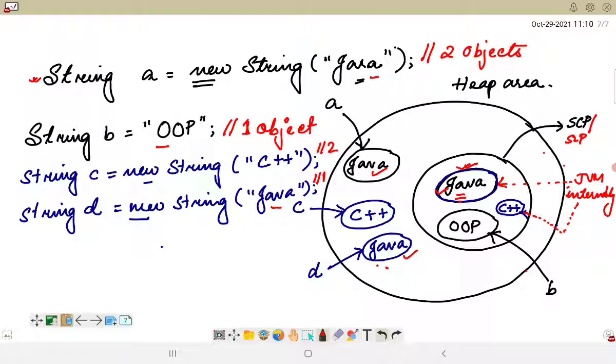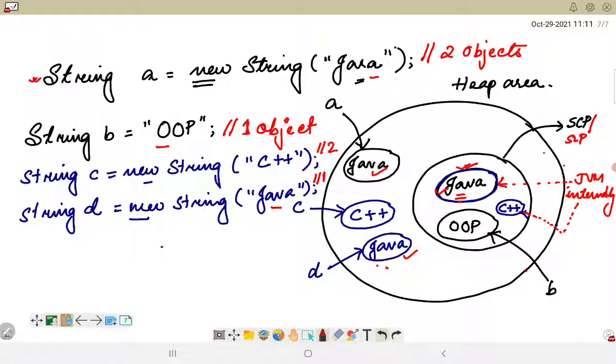Whenever Java developers have facilitated us with these kinds of facilities, it needs to have a certain purpose, right? That purpose we will be discussing later in our subsequent sessions. But as of now, we have to remember that whenever we create a string object using the new keyword, that object is created inside the heap area, as well as one more object inside the string constant pool with the same literal.